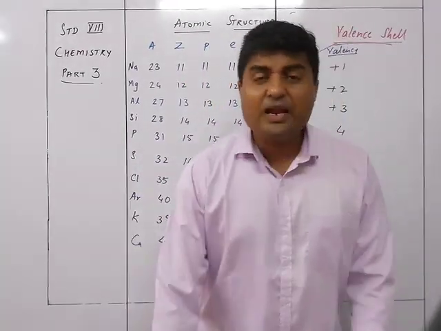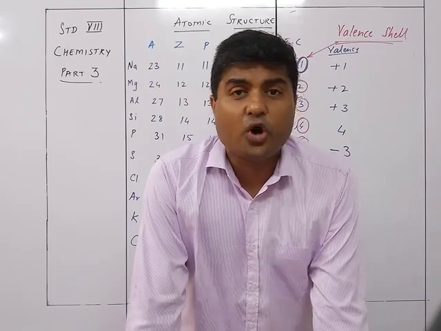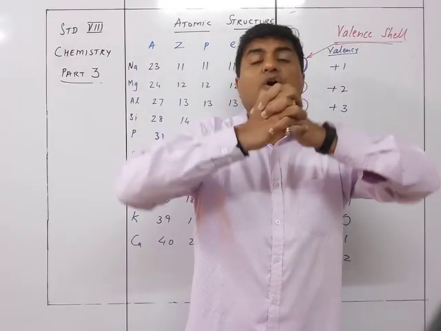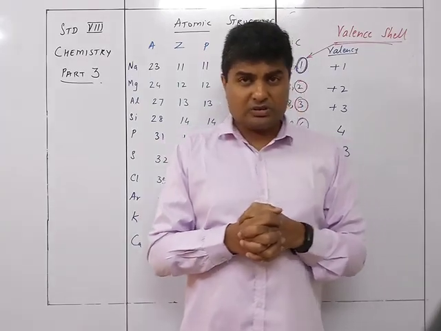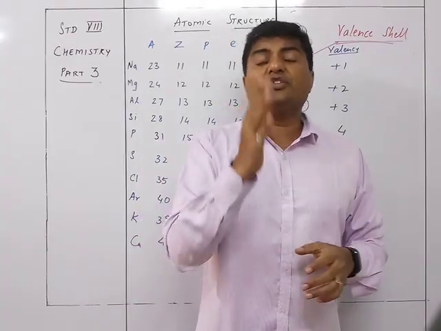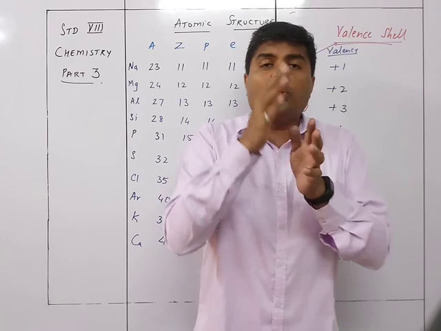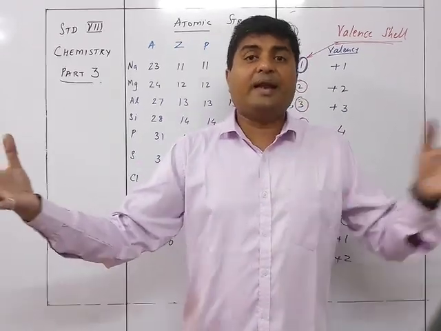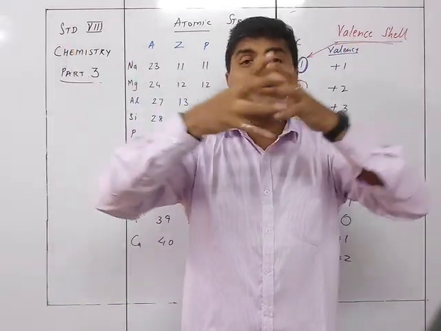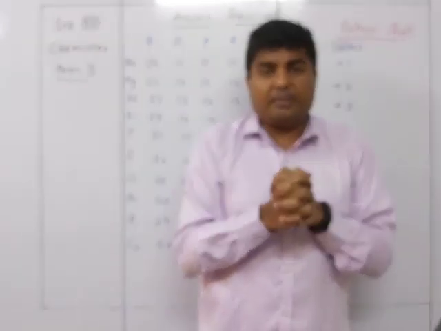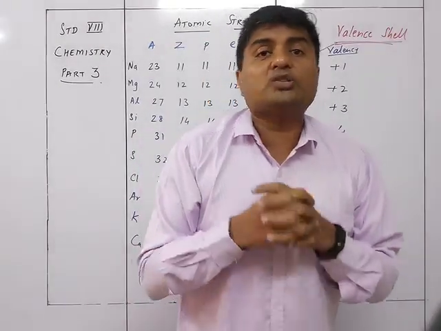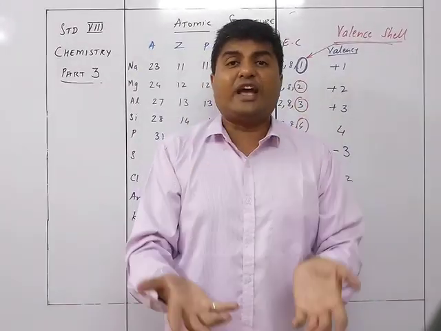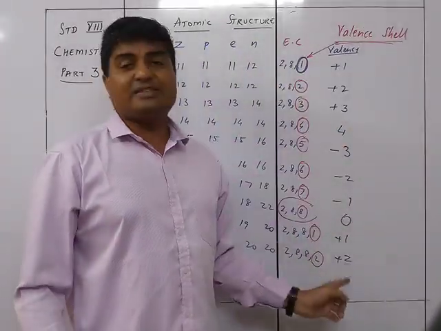The valency of the elements is very, very important for the combination of the atoms together to form molecules and compounds. It is because of this valency that the electrons are going to go from one element to another element, and hence there is a combination, and then there is a formation of a compound taking place. The compounds are formed because of the give and take and sharing of these valence electrons.